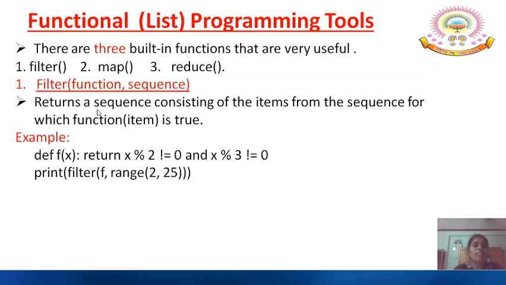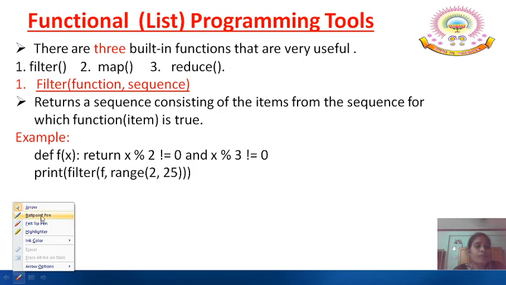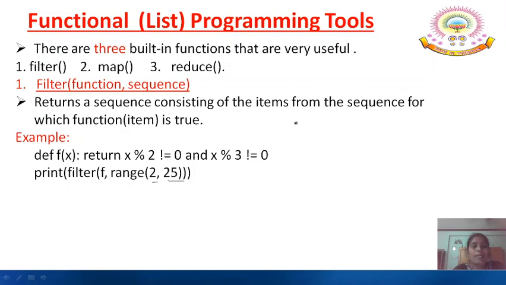It returns a sequence consisting of the items from the sequence for which this function is true. So what we are going to do here is, the first element is 2 and the last element will be 24. So you will be taking x value as 2.